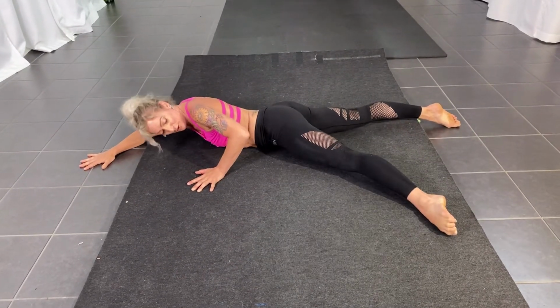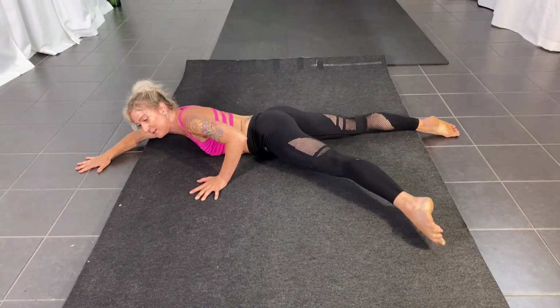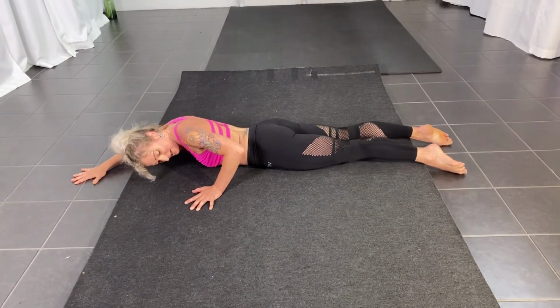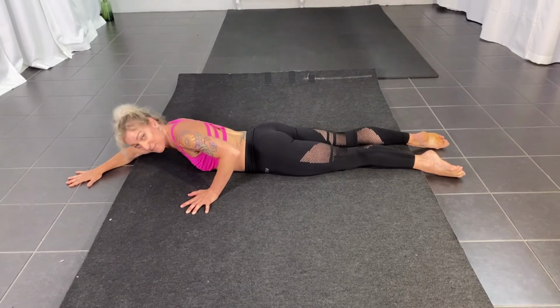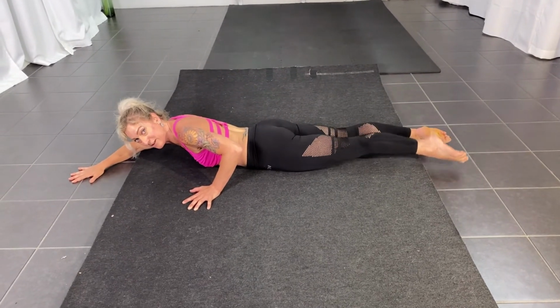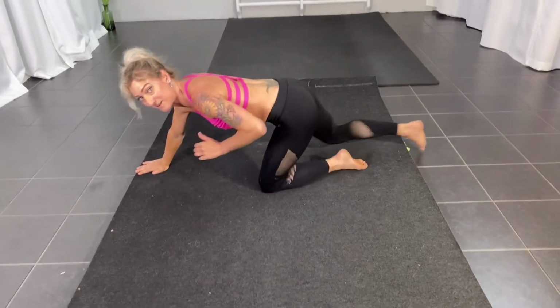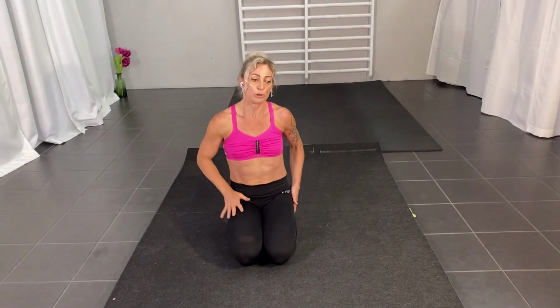Take it down to 45 degrees. Same thing, lift the leg. Take it down to 90, just beside your body. Have it turned out still and lift again. Straight leg. So this exercise will help you to learn to engage your glute and strengthen them, which you